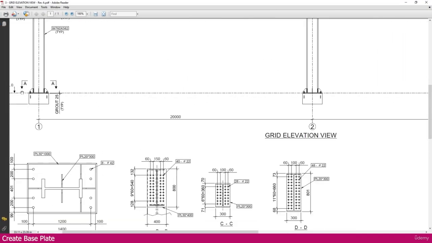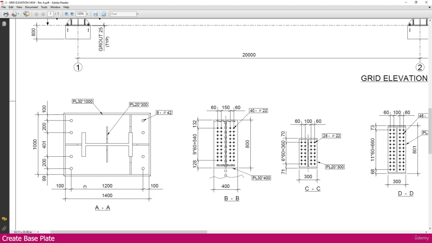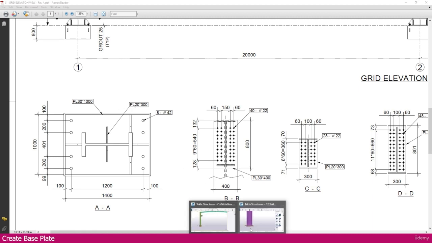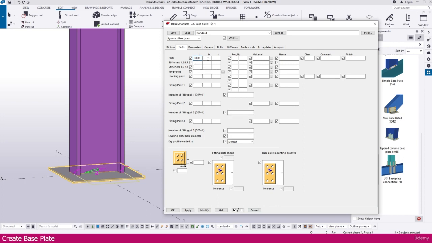Here it is the base plate connection, section AA. You can see the connection. Here it is 1400, here it is 1000, and in all the other areas we need to fix M20. This is the stiffener, all 20, and here the base plate thickness is 30. So now go to the Tekla structure, make this 30, and the size is 1000, and here the height is 1400,